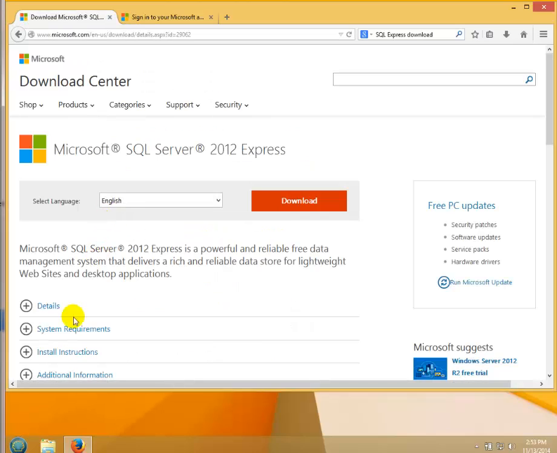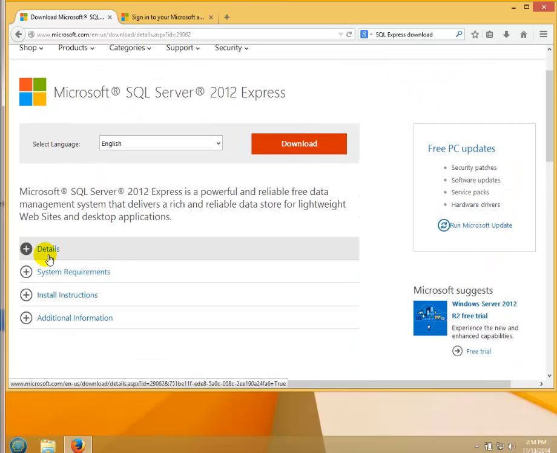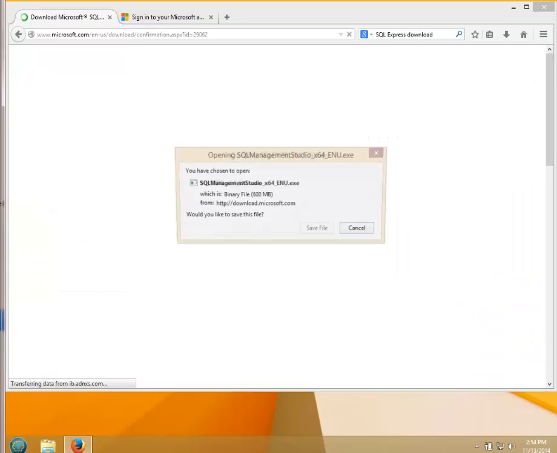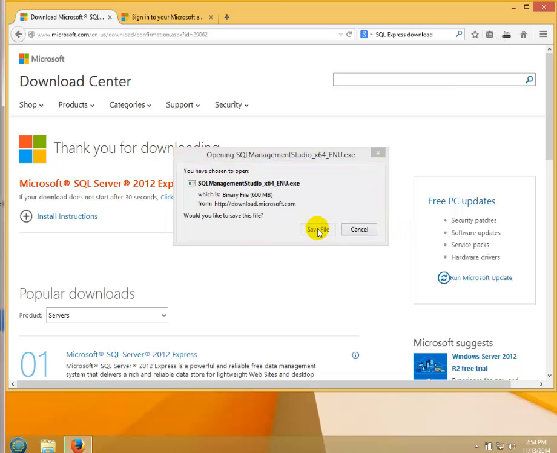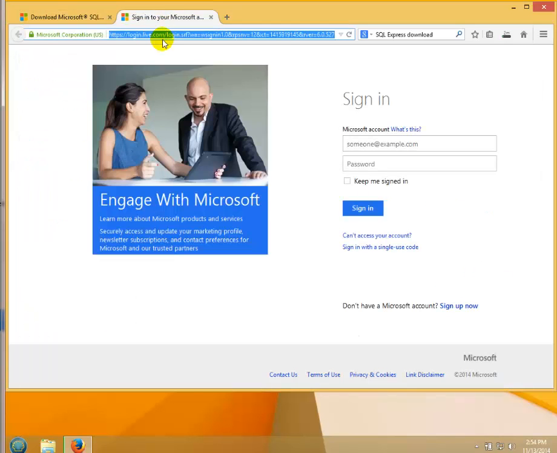Now there are two files we need to grab. All right, so SQL Server 2012 Express, two files, the database engine and the management studio. While it's downloading,